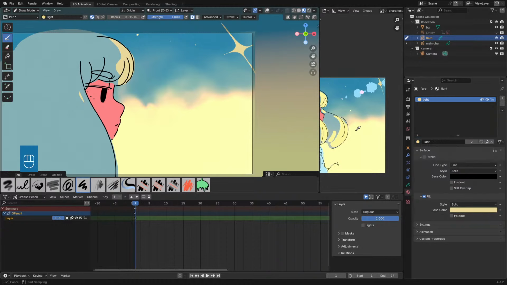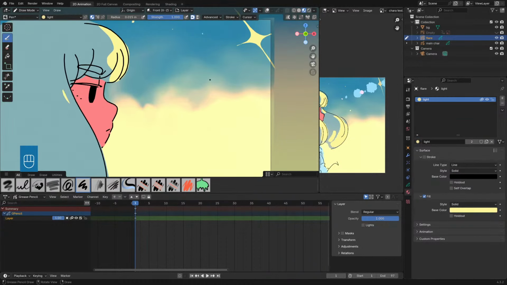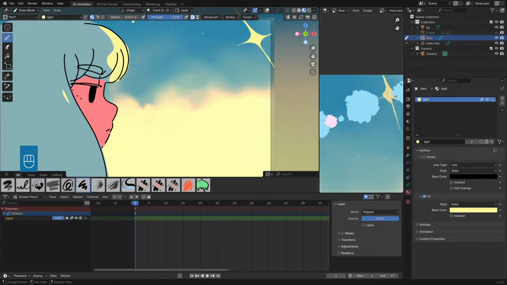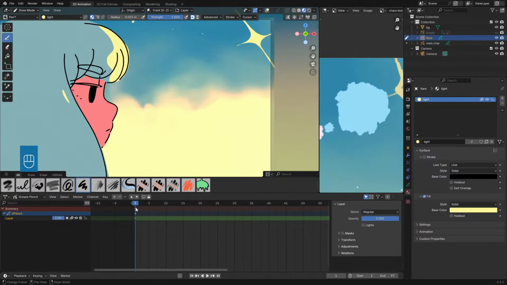Maybe I will use this one. Okay, this one is better. I didn't use the same color up here. Really bad. That's my bad. Thank you so much. Okay, so we have the light here, and